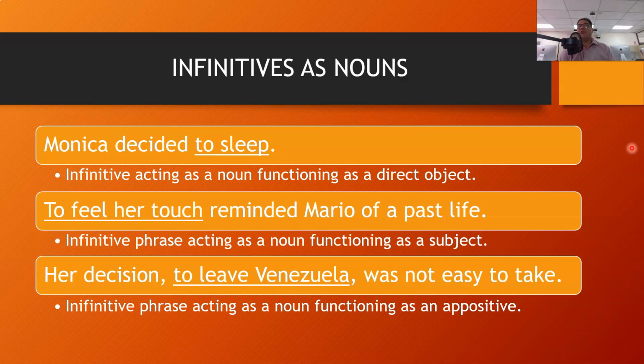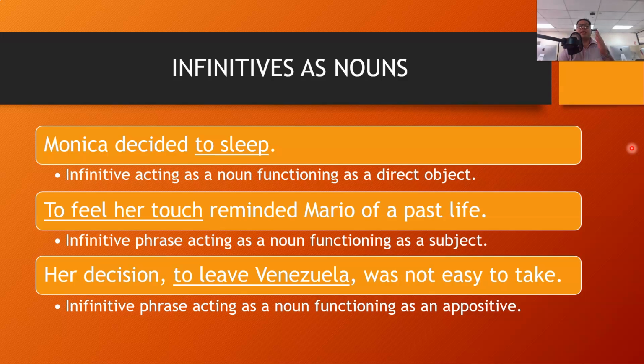On the first video, we discussed what verbals are and what the four kinds of verbals are, which are gerunds, infinitives, present participles, and past participles. And we also discussed the functions that infinitives can perform, and we mentioned that infinitives can be nouns, they can be adjectives, or they can be adverbs. And regarding the infinitive acting as a noun, we said that the